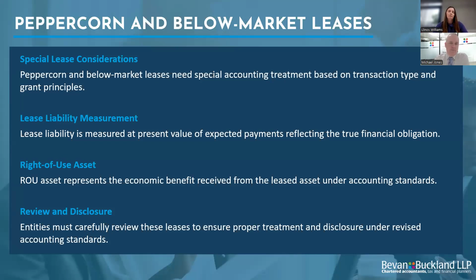So the lease liability will again reflect the true obligation of what the charity is likely to pay, and so the right of use asset. Whilst it's not an asset that you actually own, you are getting benefit from it. So it will show the use within the accounts. There will be some additional disclosure. So if you've had to calculate the value, you may have to put an extra disclosure in for accounting estimates as to where you got it from. And if you actually have brought in grant income because of the discounted rent, the method for bringing those in will actually need to be recorded as well.